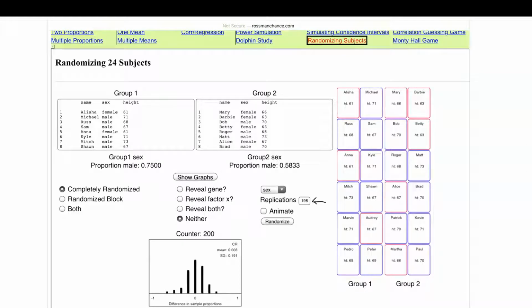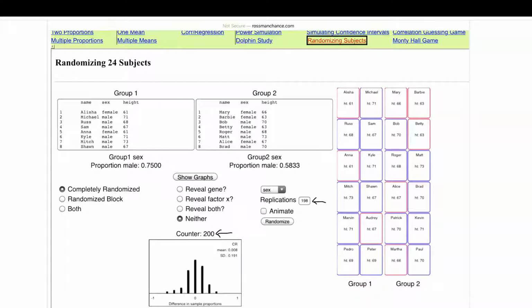Okay, so your replications here, repetition, replication is the same idea. 198 for a total of 200. And what's showing in terms of the proportion male in group 1 and group 2 is the last randomization. And it asks us to state where this